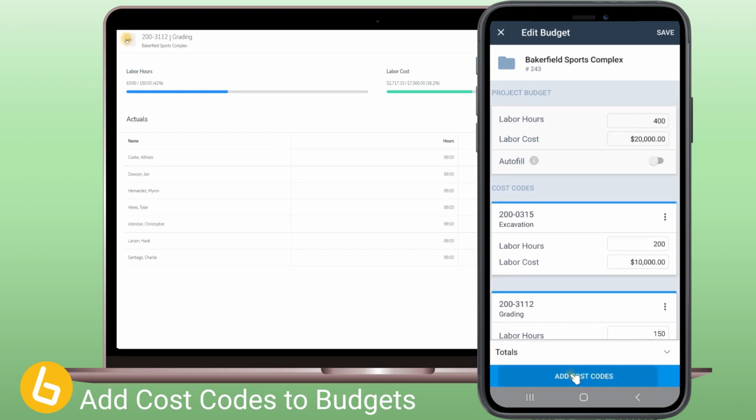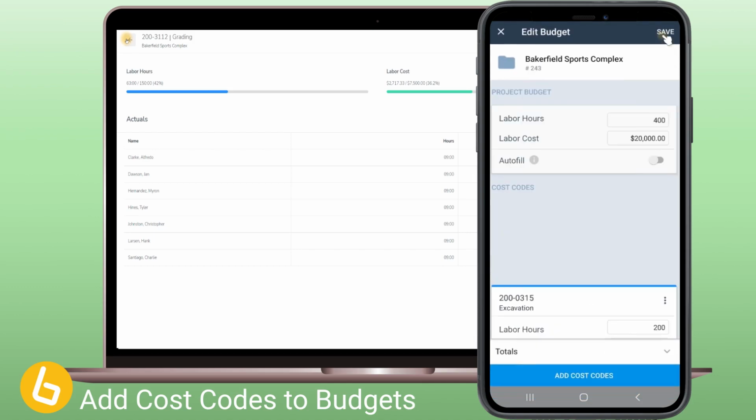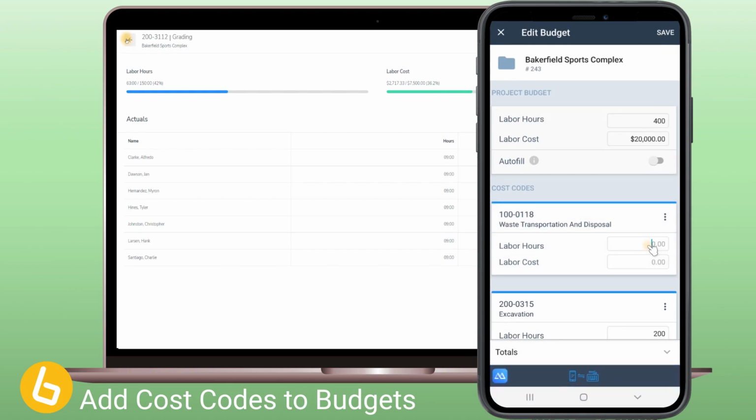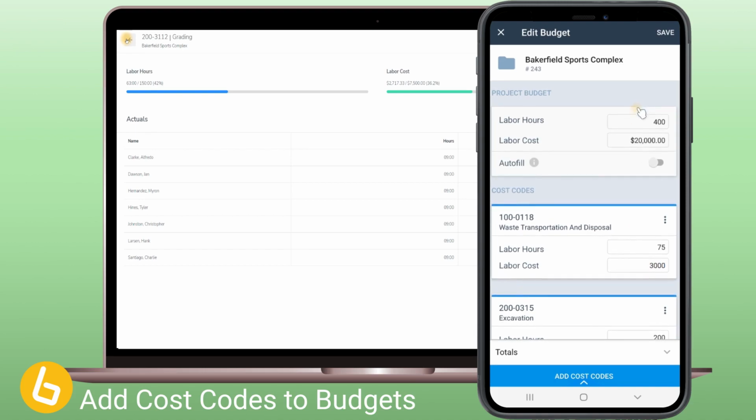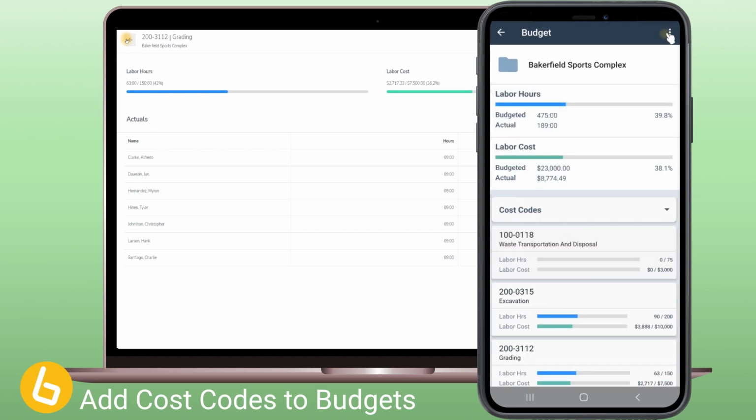By tapping the Add Cost Codes button, select the cost code that I want to add and tap Save. Input the budget amount for that added cost code. And I want to tap Autofill to update my project's budget to include my newly added cost code budget, and then hit Save. And that's how easy and powerful it is to create budgets with cost codes on both web